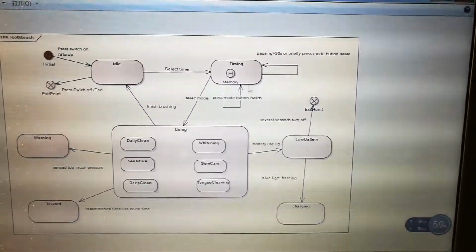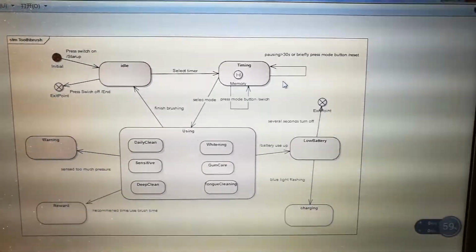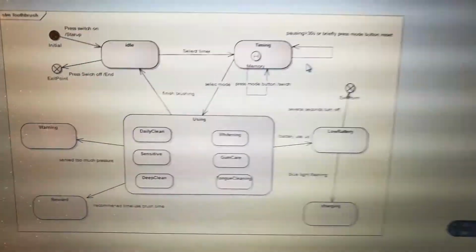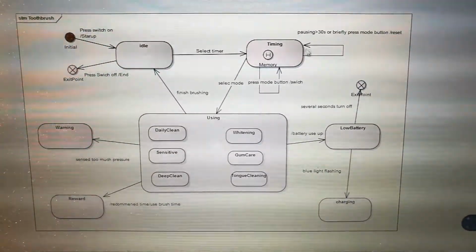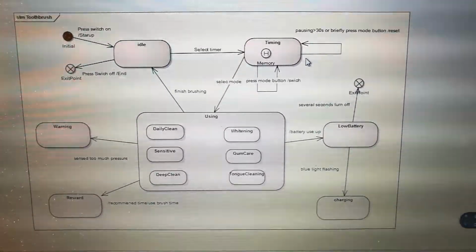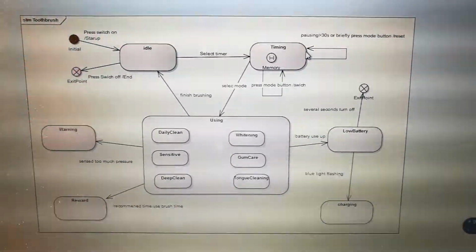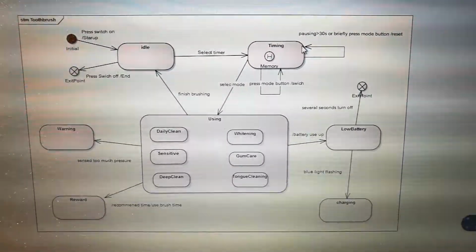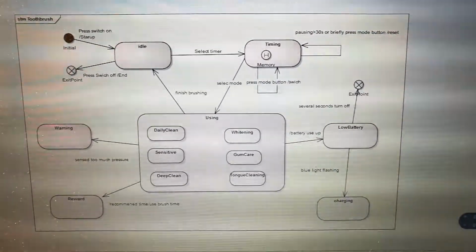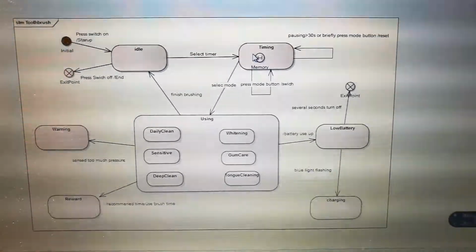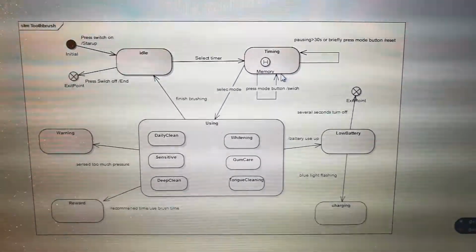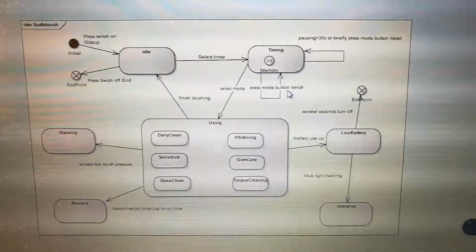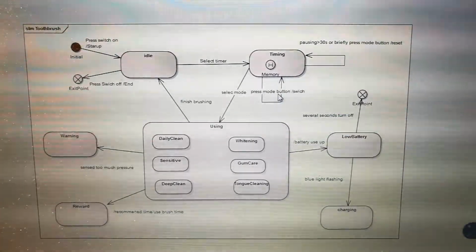In this state, the user can select two categories of timer: one is professional and the other is 2 minutes. The user can switch between these two timers, so I use a recursive transition. Another recursive transition covers another function of the timing: it can memorize how many times the user uses it when you press the mode button or switch the